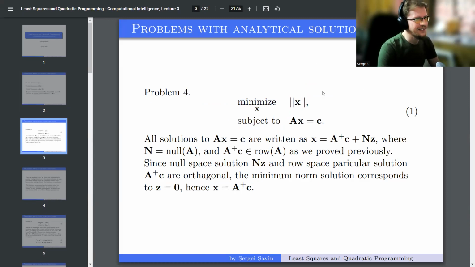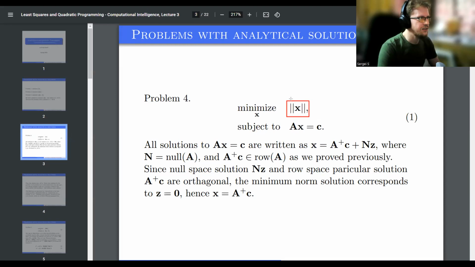Next, let us consider problem 4. Problem 4 should be familiar in some ways. What we want to minimize is the norm of x. So normally a solution would have been 0, right? As you said in the beginning. But there is one caveat. We want Ax to be equal to c. So we cannot just take any x. We have to take x which solves this